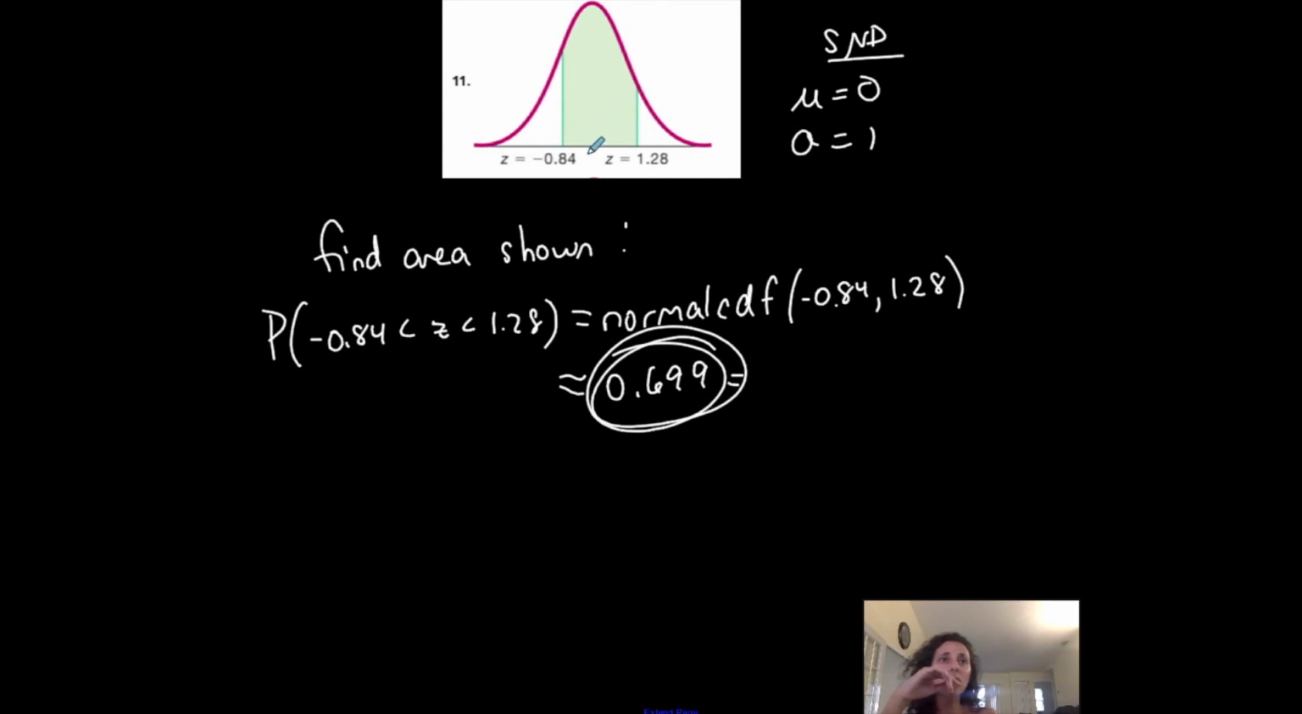So z-scores could be negative, but probability cannot. Area will never be negative. Area cannot be negative. Probability cannot be negative. Z-scores can be negative. Your output from normal CDF will never be negative because it represents an area or a probability. It will always be positive. And it will always be less than 1, between 0 and 1. This one's different,